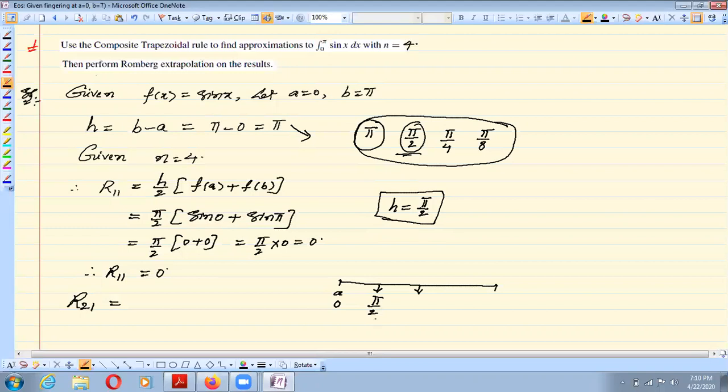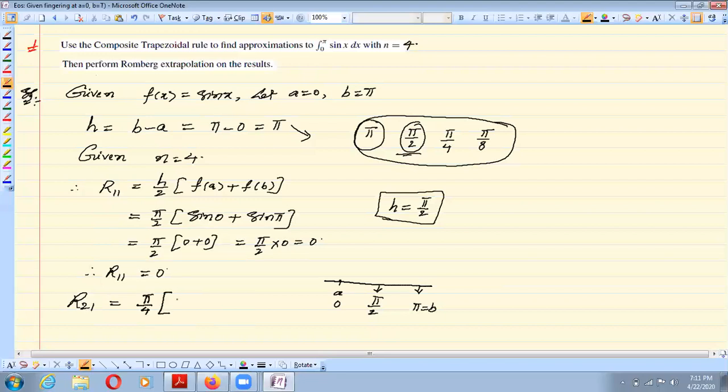Next one, pi by 2 plus pi by 2, 2 pi by 2, hence we get pi. So the pi value will be the b value. They are the values. Now R21 is equal to pi by 4